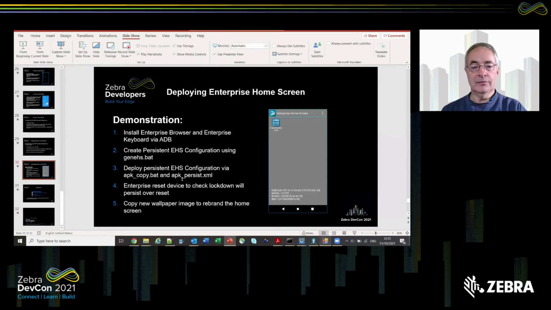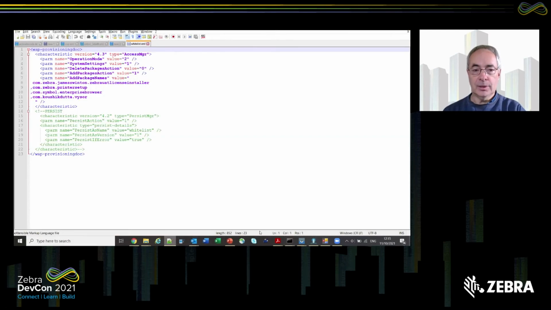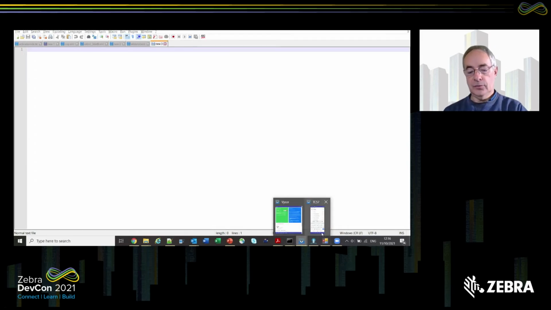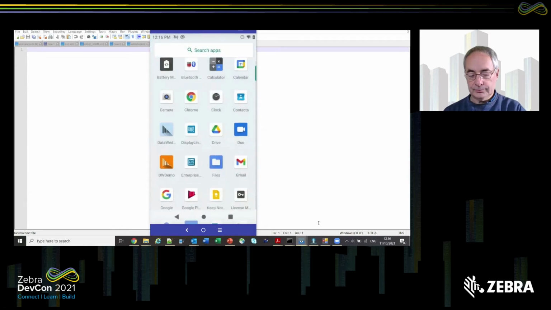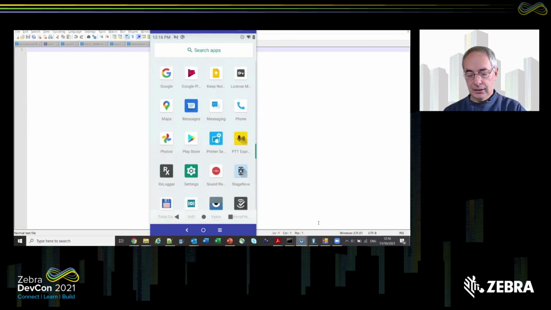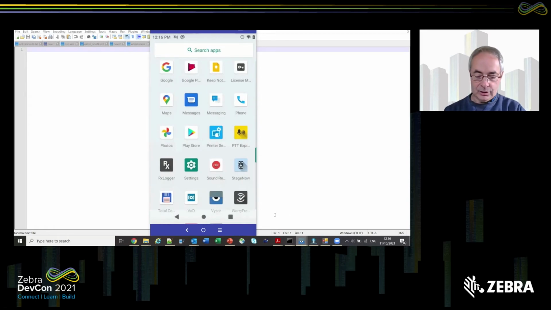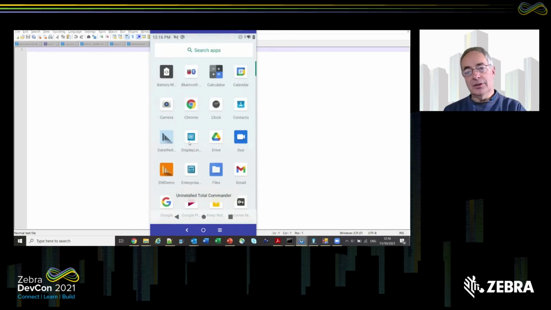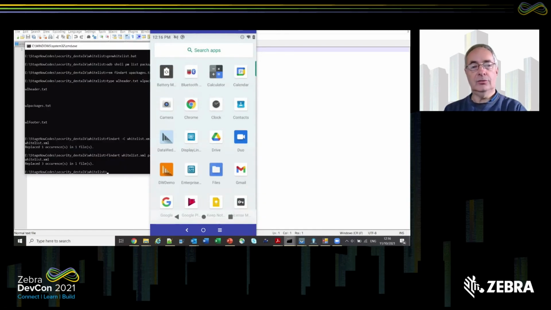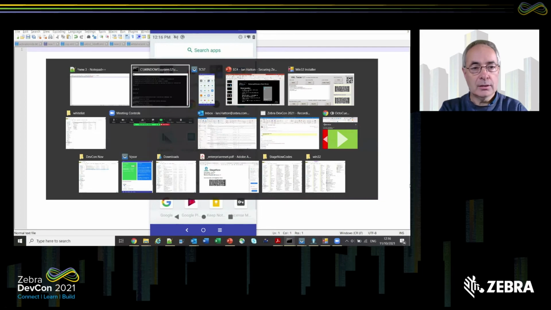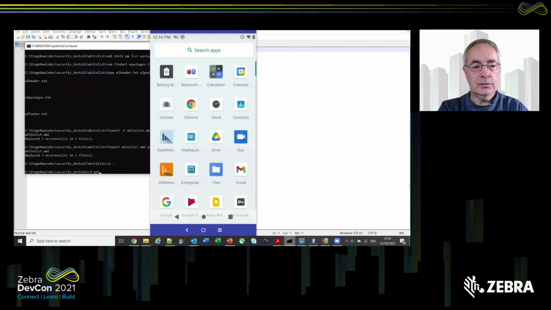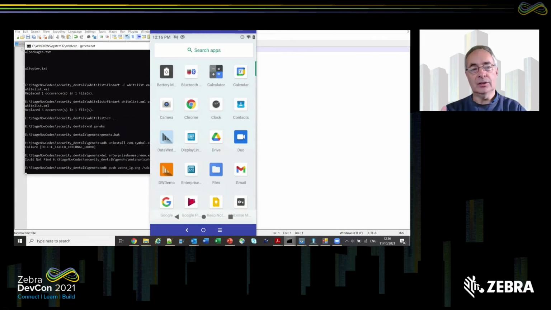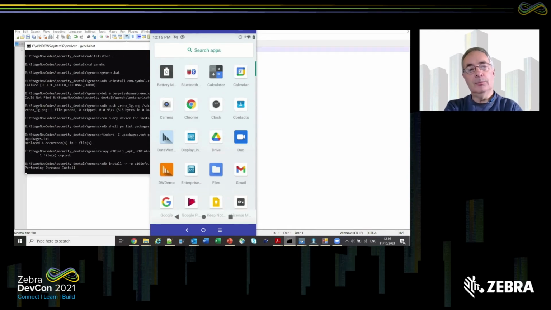So we just drop out of here and clean up the background. If I show you my device at the moment, if you remember back, we had already installed Enterprise Browser and the printer setup app. Let's just clean it up a bit and remove that file explorer because I don't really want that. So I've got those applications already installed. So all I need to do really is go to my folder, and then just run genehs.bat, and that should then basically pull down those applications and back them up,